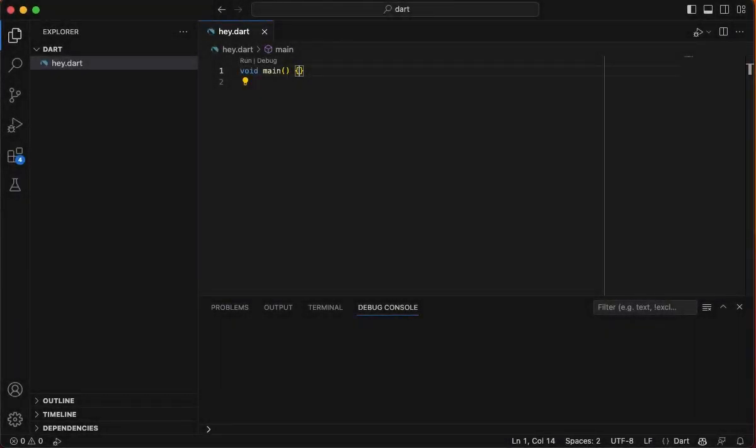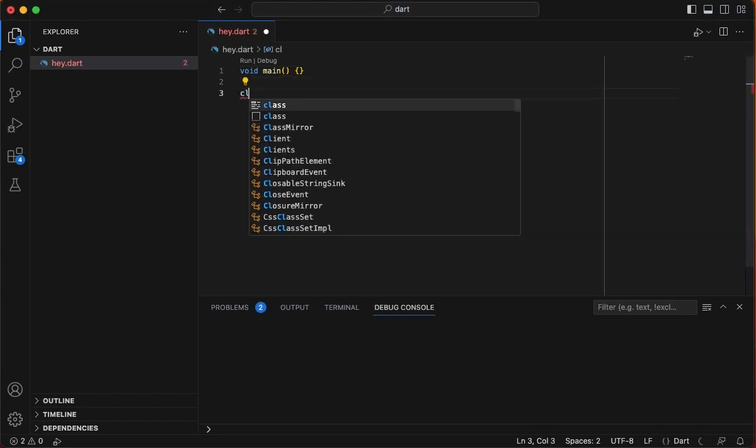Hello, guys, and welcome. Today we will talk about as, is, and is not, also known as type test operators. Okay, so before doing that, let's create a class